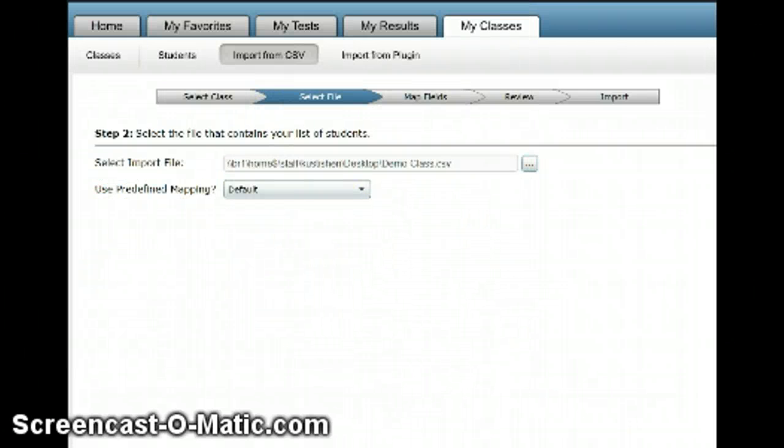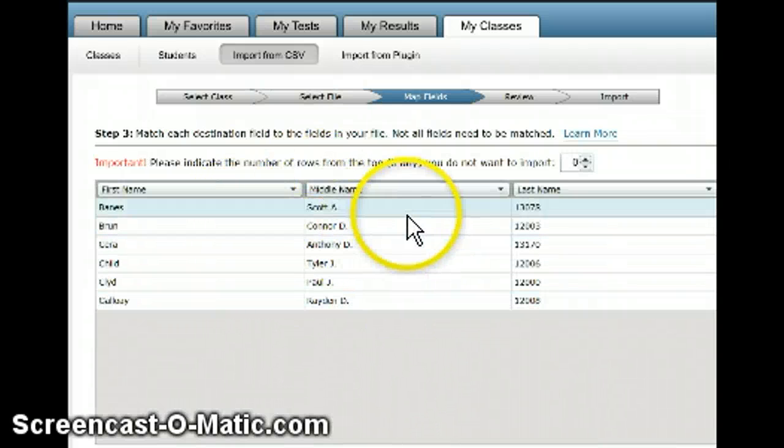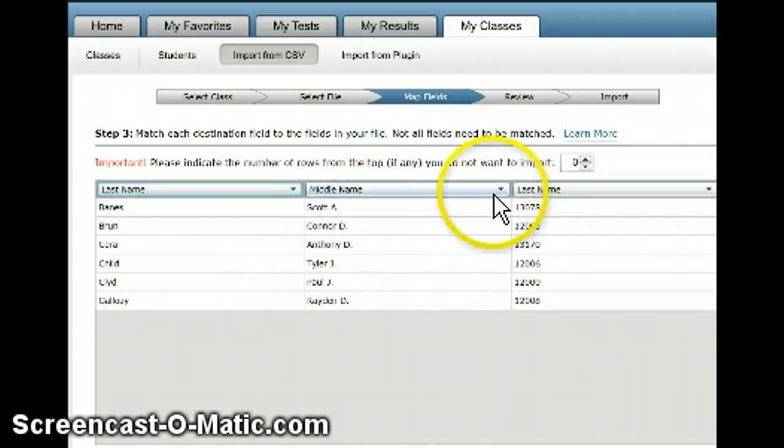Click next. Now, this is why we deleted everything up top. If we didn't delete all that stuff up top, it'd be all messed up, and you would have to tell it how many rows down we wanted to start. But since we deleted all that, we can go ahead and just put in, this is the last names of the students, this is the first names, and this is their student IDs. Go ahead and click next,